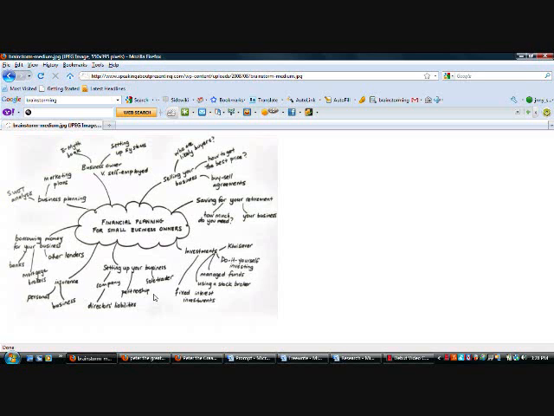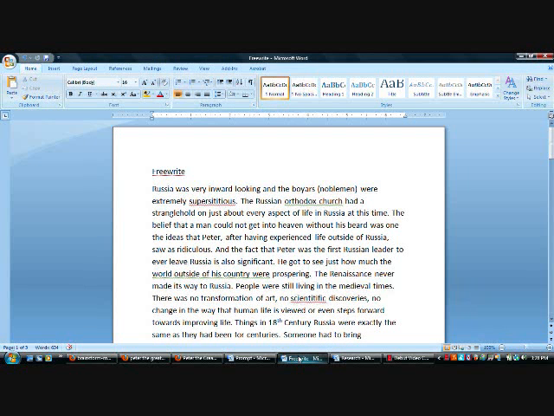You write down the things that you're thinking about in regard to the topic and just let the ideas flow from there. The pre-writing strategy that I've used for this prompt, however, is free writing. And I have an example of that here. Basically, I just started typing. You can handwrite this, of course. I didn't worry about spelling. My punctuation is really terrible, but it helped me get some ideas going.